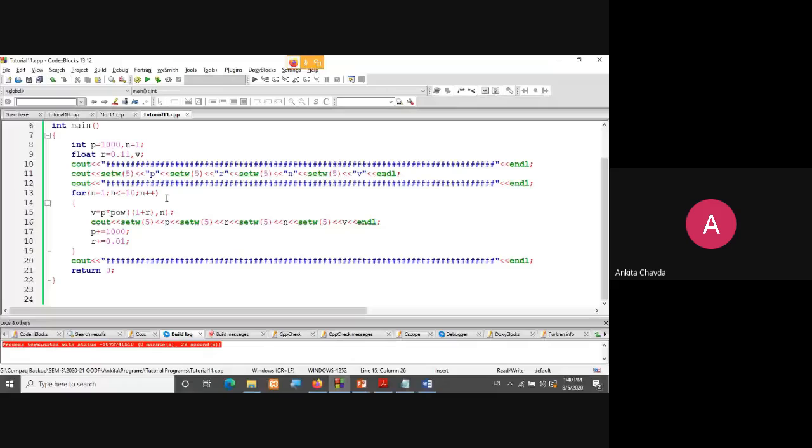Replace. Okay, here I've replaced this setw of 15 with setw of 5, and when I run this program you can clearly see the difference. Am I clear to you guys?